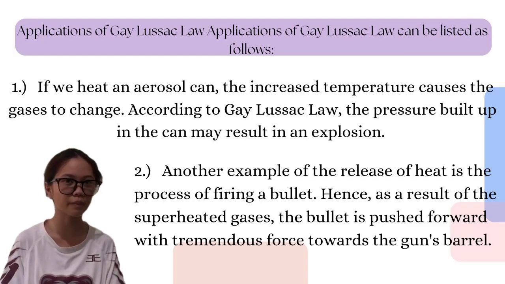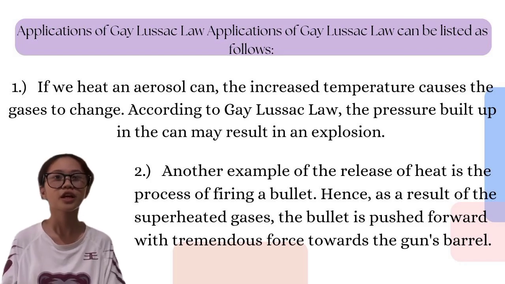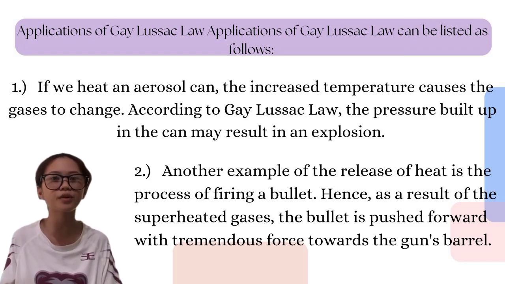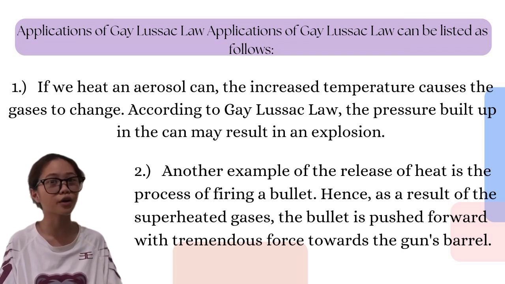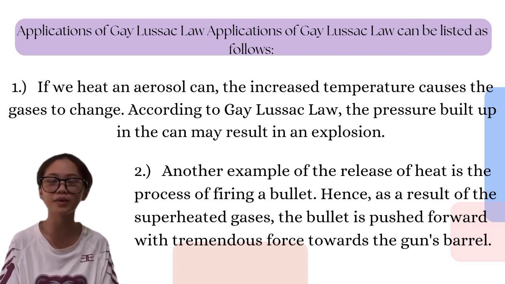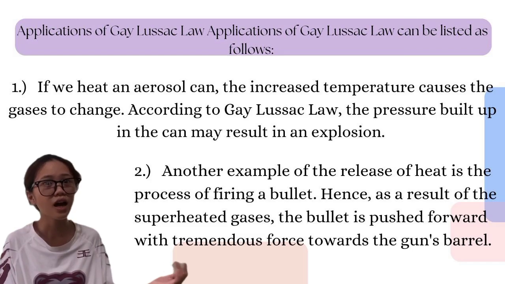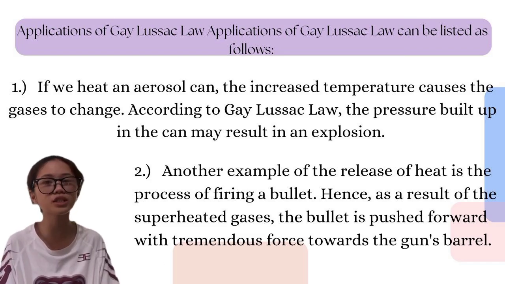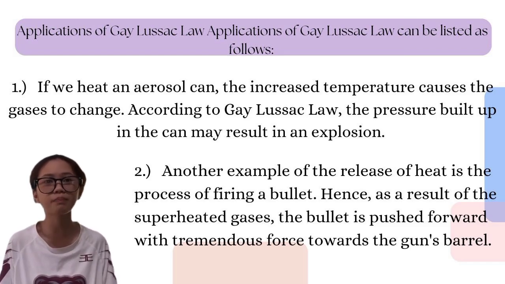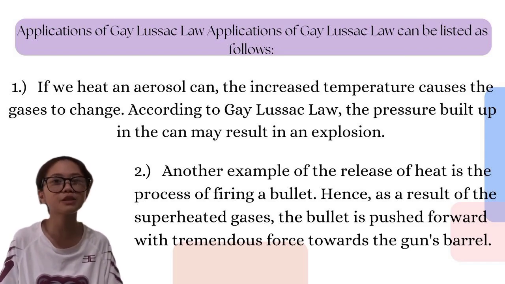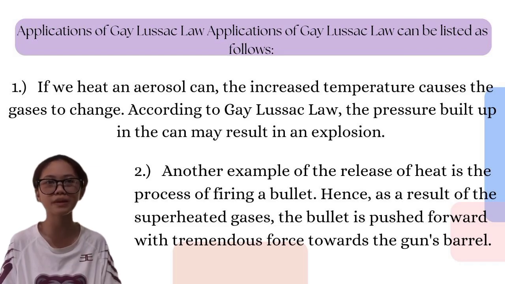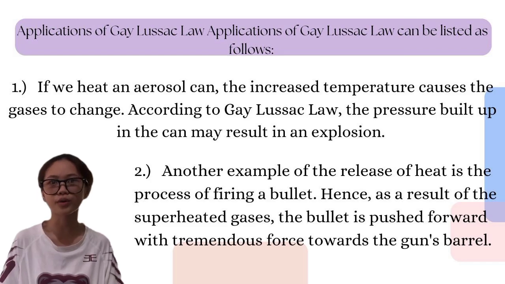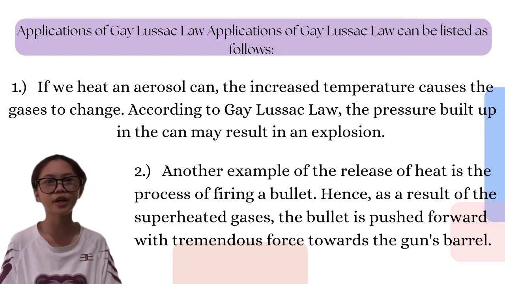Applications of Gay-Lussac's law can be listed as follows. First, if we heat an aerosol can, the increased temperature causes the gas pressure to change. According to Gay-Lussac, the pressure built up in a can may result in an explosion. Second, another example involving the release of heat is the process of firing a bullet. A gun is fired with the help of gunpowder. Then the gunpowder burns and the bullet is fired. This is because when the gunpowder burns, the gases trapped inside are heated. This increase in temperature causes the pressure to increase. According to Gay-Lussac's law, as a result of the superheated gases, the bullet is pushed forward with tremendous force